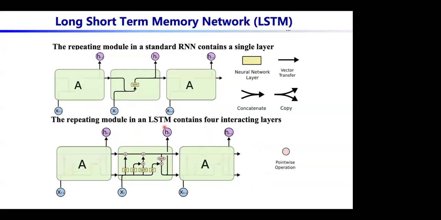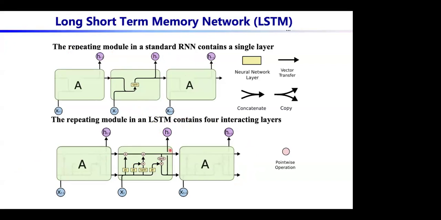So this architecture is called LSTM, long short-term memory. Not only does it have the short memory, but it should also have long memory. This kind of network is on the bottom part. The top part is just a typical, simple RNN. So how do we have this long memory?